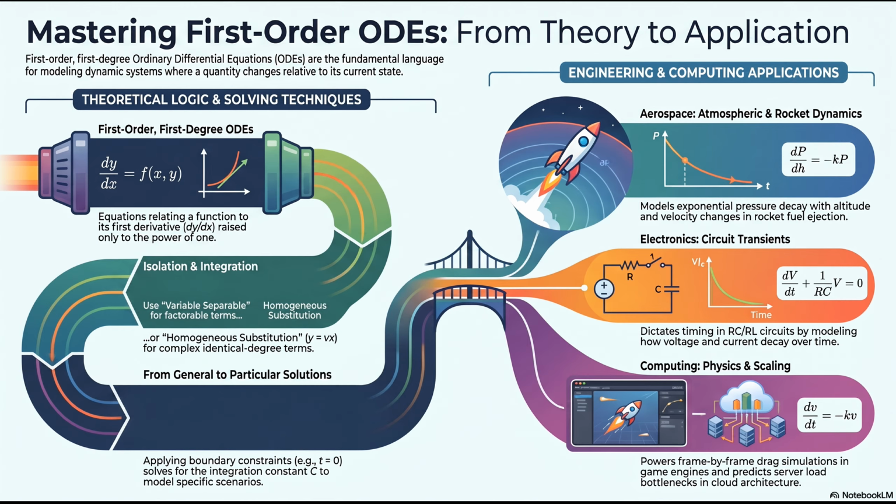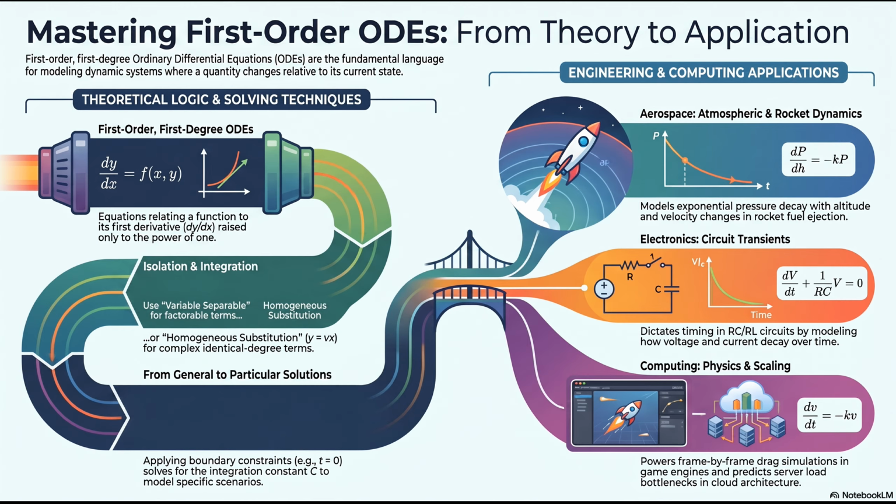Okay, so we have airplanes and rockets, massive, roaring physical scale. I want to pivot entirely to electronics engineering, which is microscopic scale. Oh, let's do it. Let's talk about RC circuit transients. What happens when a tiny capacitor discharges electricity through a resistor on a circuit board? Believe it or not, it's your leaking bucket again. Really? Yeah, in an RC circuit, when a capacitor discharges, the voltage drops. But the speed at which it drops is proportional to the remaining voltage in the capacitor. Just like the water in the bucket.